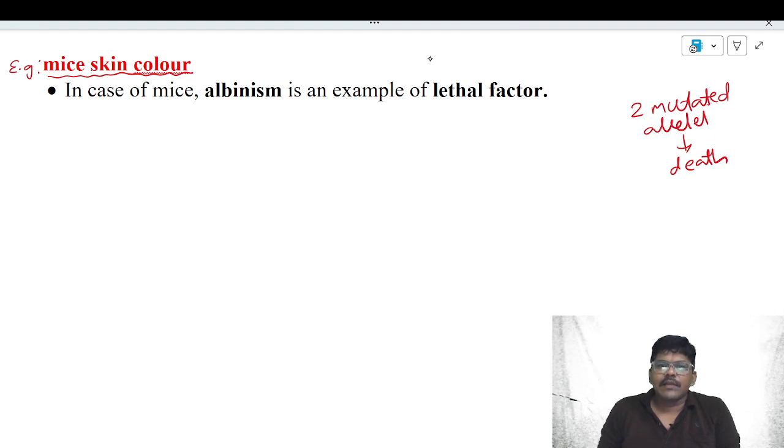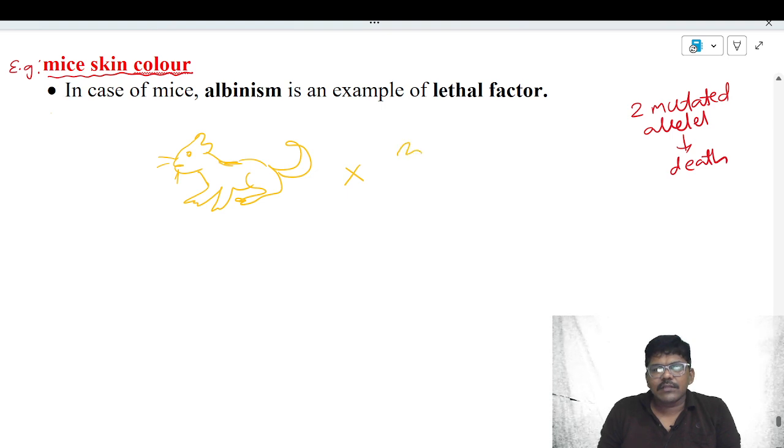Okay. Here, what is the mice skin color? Why is it an example for lethal genes? That we have to see. If you cross a yellow color mouse with another yellow color mouse,